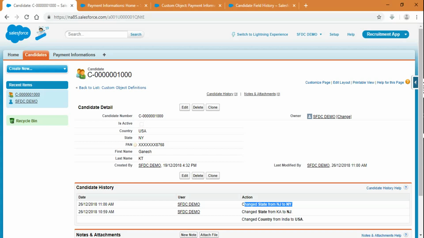When a master record is created, the child object record is automatically created there, or a detail object record will be deleted there. That means when I delete a parent, automatically the child record will be deleted there. And the owner field on the detail object is not available and is automatically set to the owner of